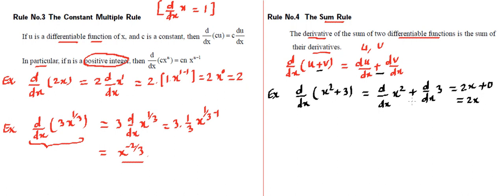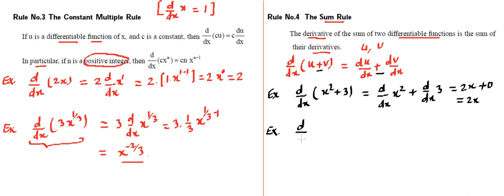So what we are supposed to get used to is this: whenever this expression is given to us, we should immediately reach this. That means this has this as the answer. Making sense? Okay. Now this is not restricted to only two functions, summation or difference. Any number of functions, if they are being added or subtracted, we can distribute this differentiation over all of them. So let's take another example that will use the previous rules that we have talked about.